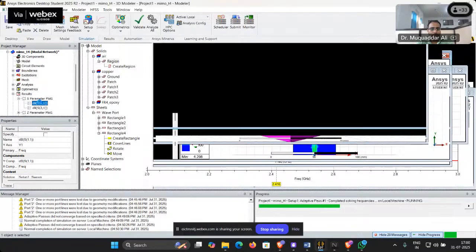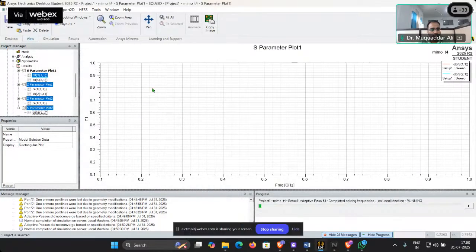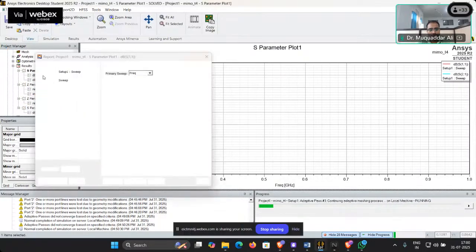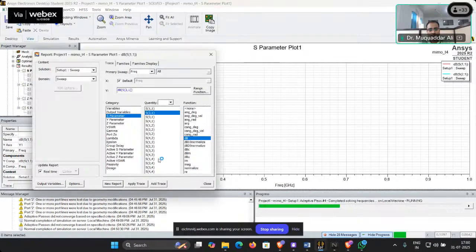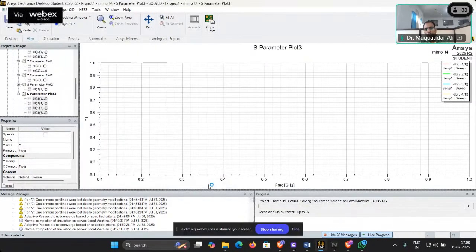Now if we check the results, now you will be able to see there are 16 S parameters. 1, 2, 3, 4, 5, 6. So from S11 to S44, there are 16 parameters that you need to analyze now. So we select these four and create a new report. And as soon as we will be getting the